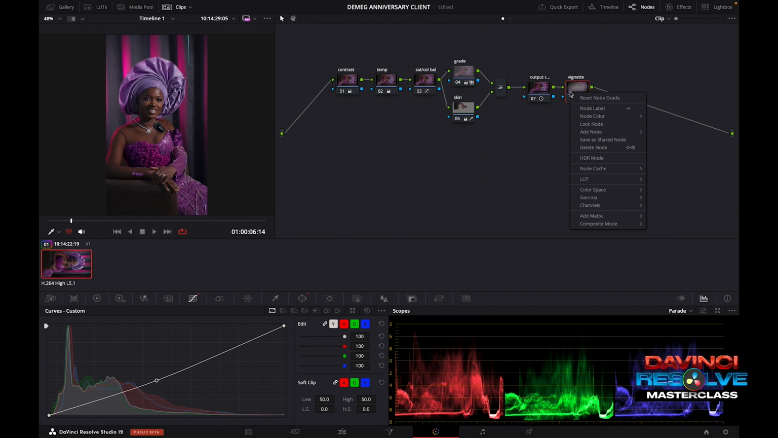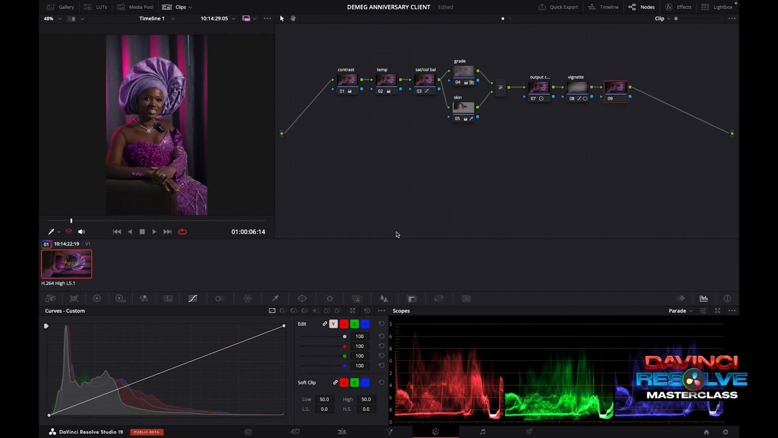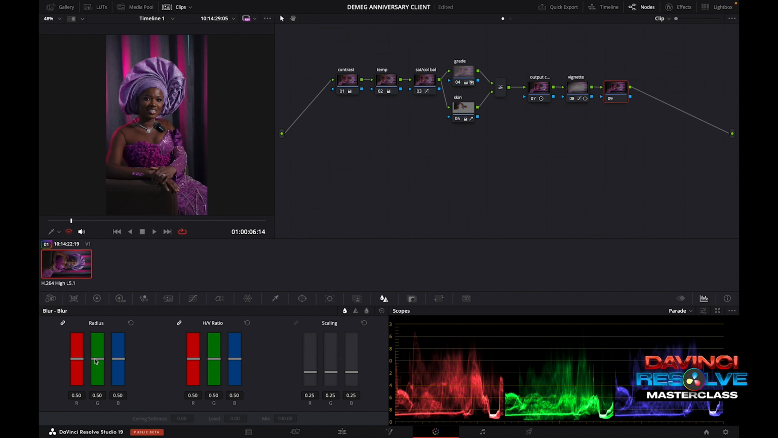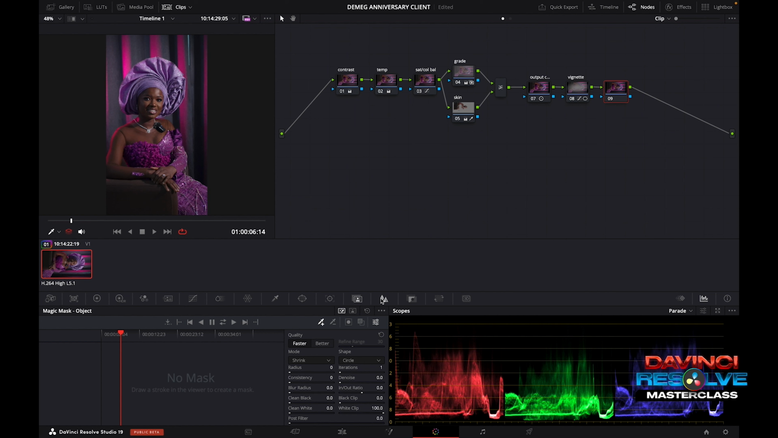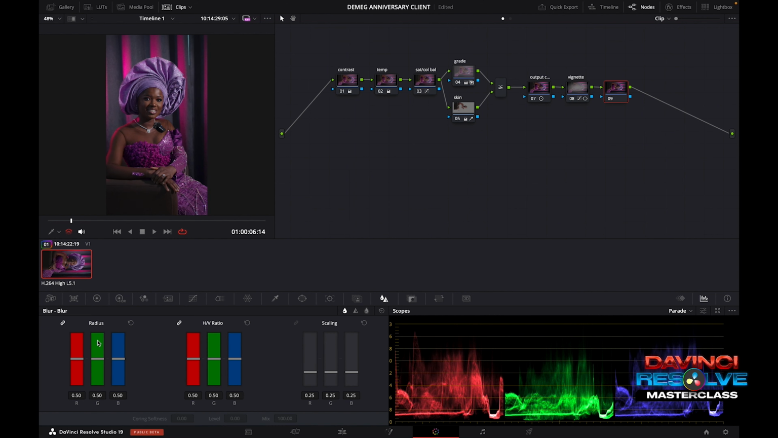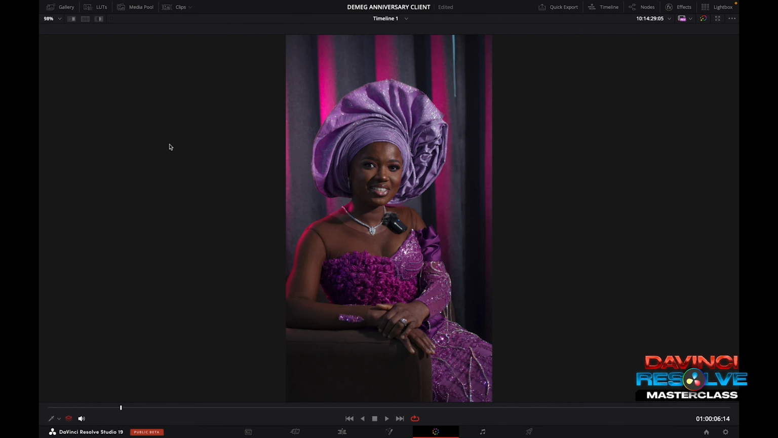Then I'll create another serial node and call this one sharpening, to sharpen the whole image. I'll come to this, my sharpening, my blur tool, and reduce the radius to 0.47. What happened is it makes the image sharp. All right. So by the time you play back now,